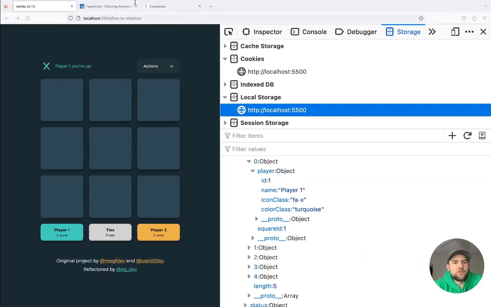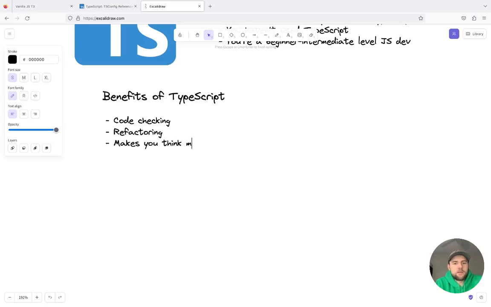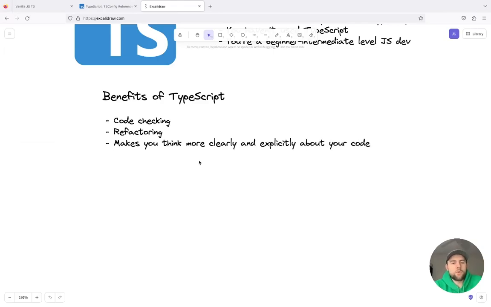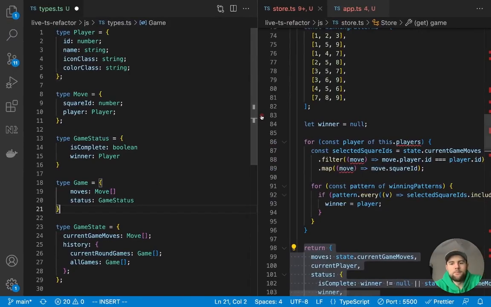So if we go back to our Excalidraw, where I was briefly listing out the benefits of TypeScript, I think one of the other benefits is it makes you think more clearly and explicitly about your code. So that's what we just experienced. We're having to explicitly type out our game.